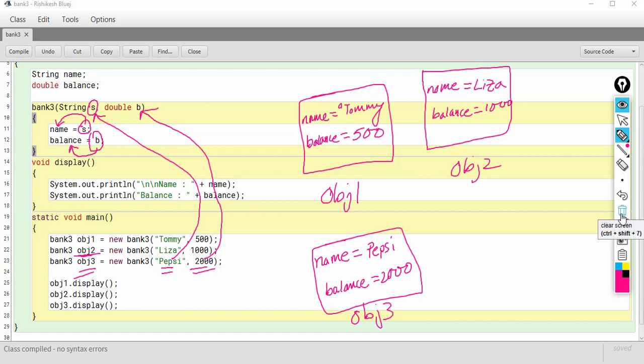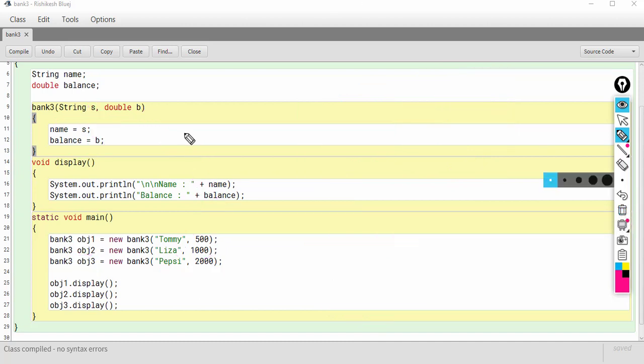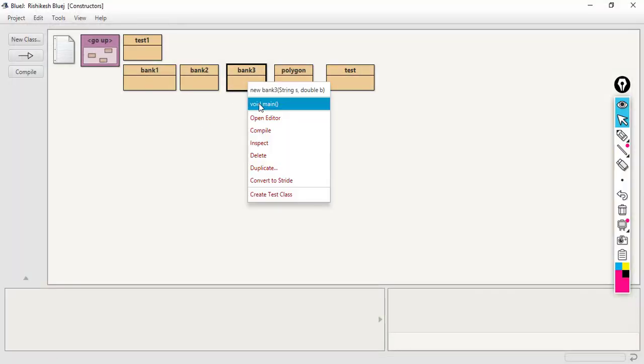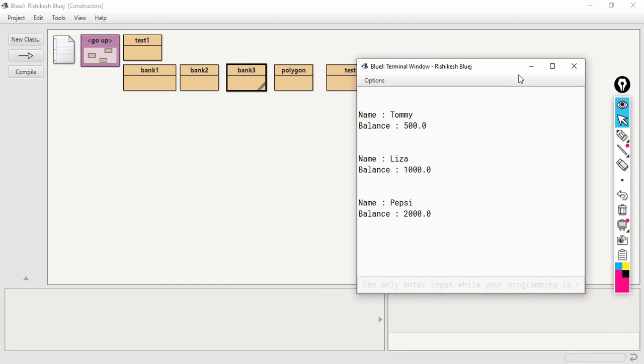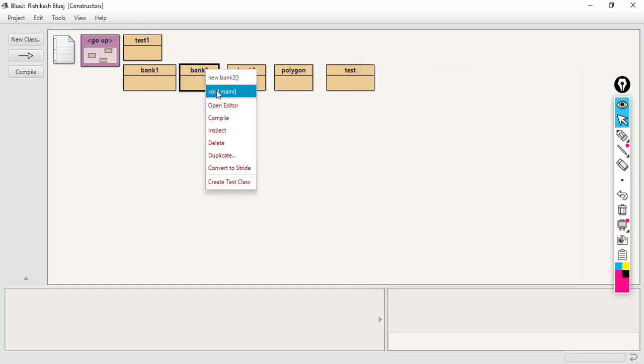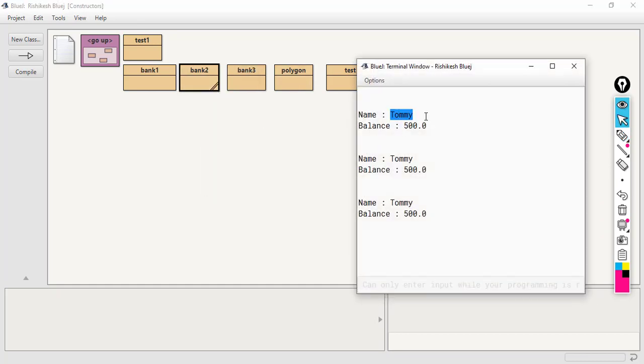So let's see the output now. Here you can see the output is quite different from the last time. What was the output last time? Last time the output was all the three objects, their name was Tommy and the balance was 500.